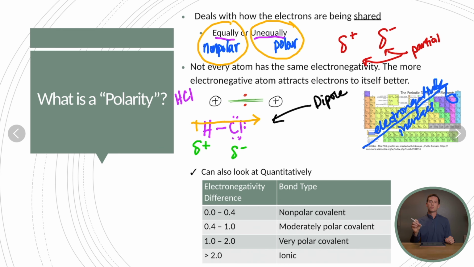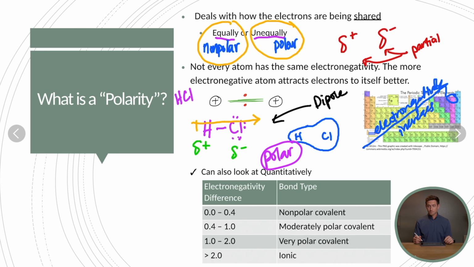So we're getting just a little bit more specific in the type of bond that's happening. If we looked at an image of what a polar covalent bond looks like, it would look something like this for HCl. If we looked at electron densities, where we would have hydrogen and chlorine, the larger bubble around an atom just means it has a higher electron density, which just means it's pulling the electrons closer to that chlorine. So this would be an example of a polar molecule and a polar bond,